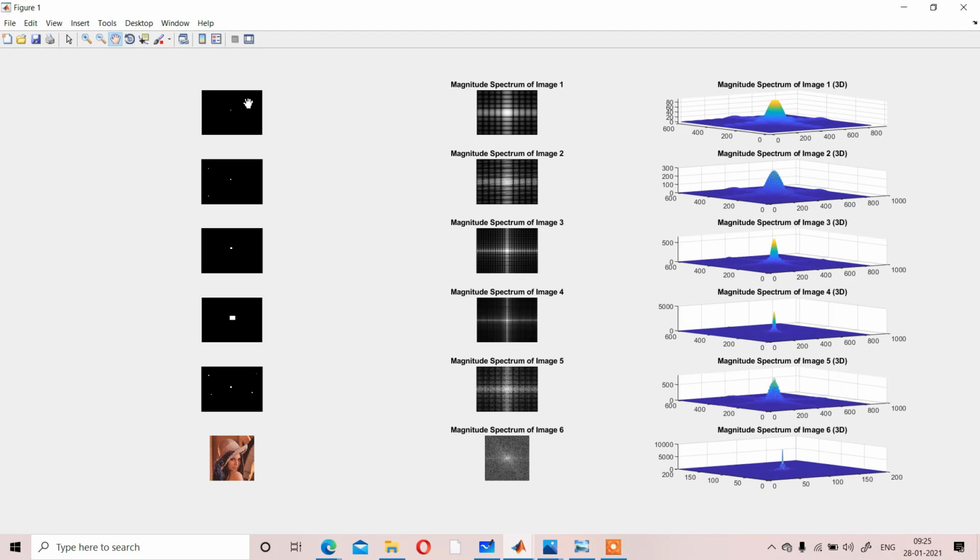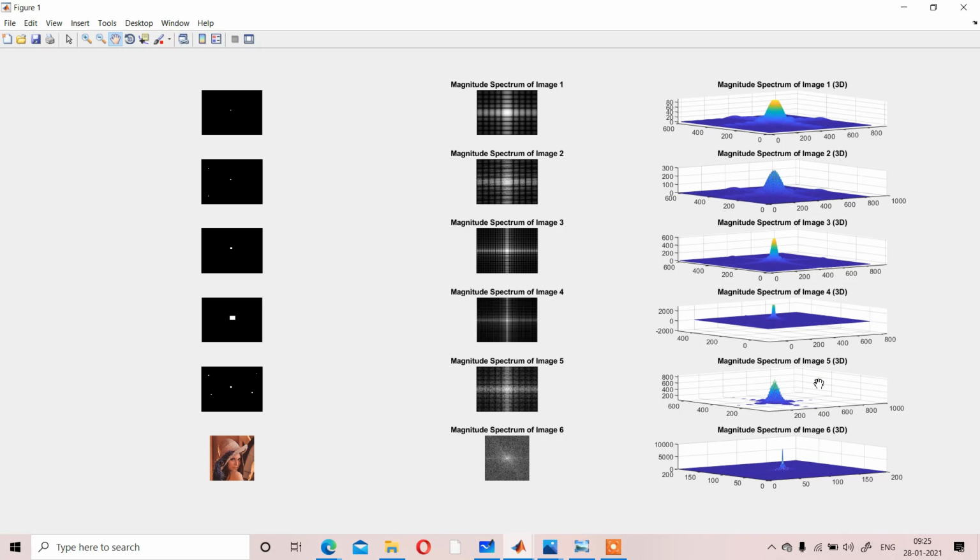So this is the DFT of the signal, and from the first image you can see the frequency range you can consider 0 to 200. For the second image, the frequency range is 0 to 200. For the third image, that may be from 0 to 100, something like that. For the fourth image it is more or less similar. For the fifth image, that is your low frequency range, and for the sixth image it is more or less similar.